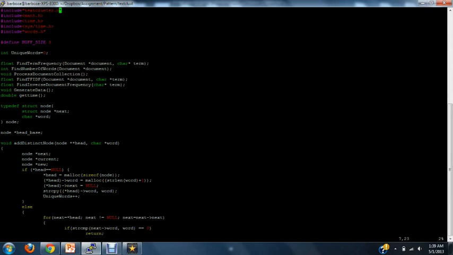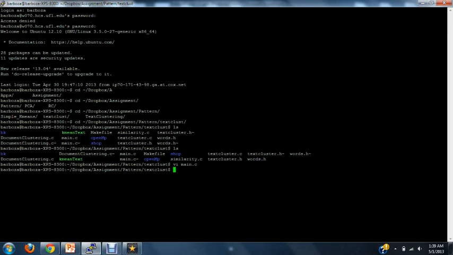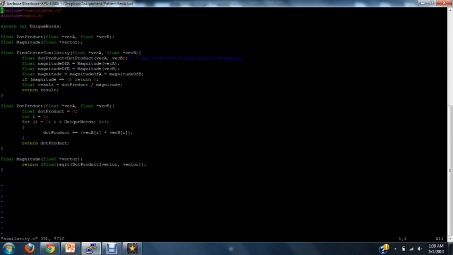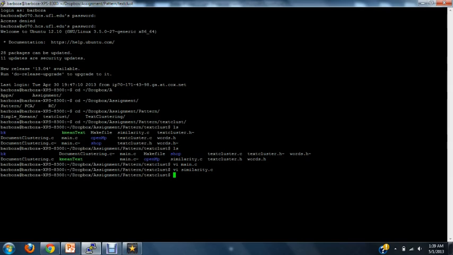And the main.c is the one which I referred to as the vector space creation, while the document clustering.c takes care of clustering, which has the k-means algorithm, and the similarity.c is used to find the cosine similarity. It's basically the dot product of the vector space. Now let me just compile this code